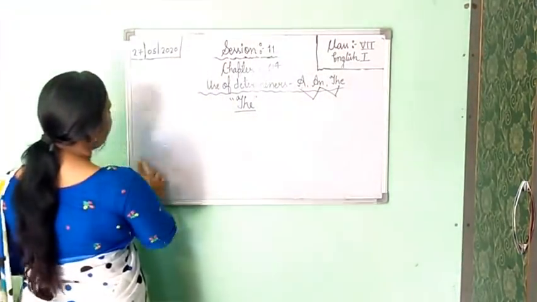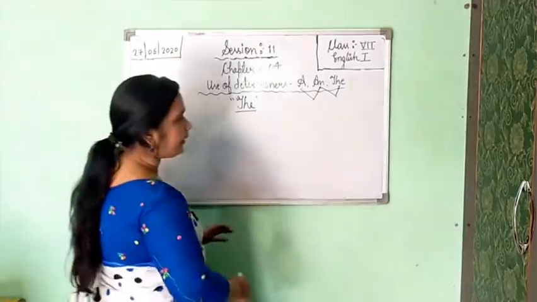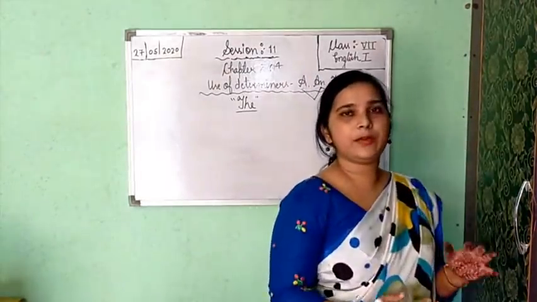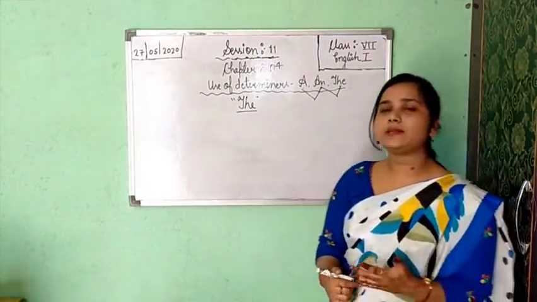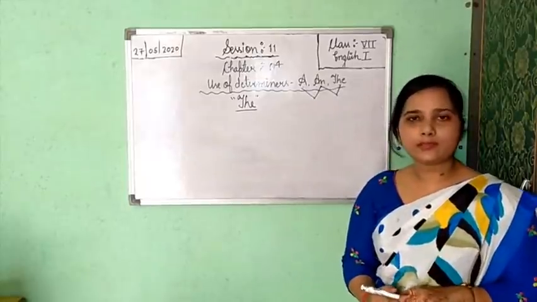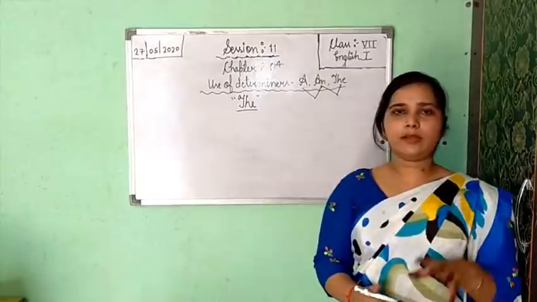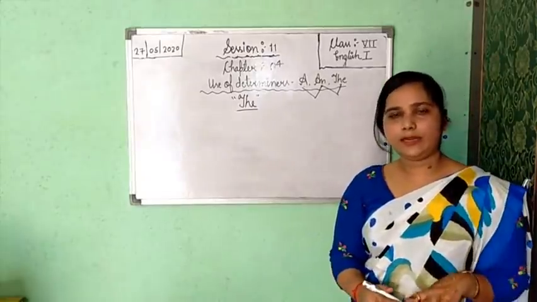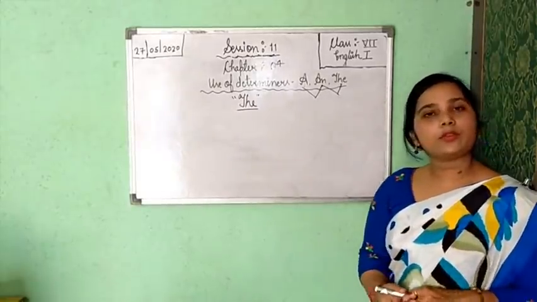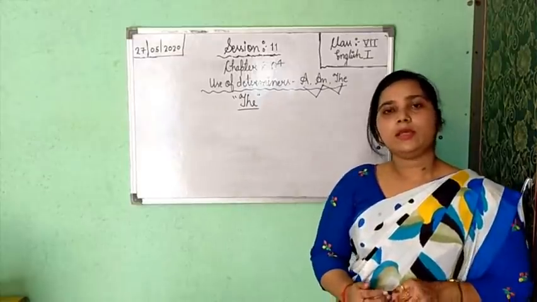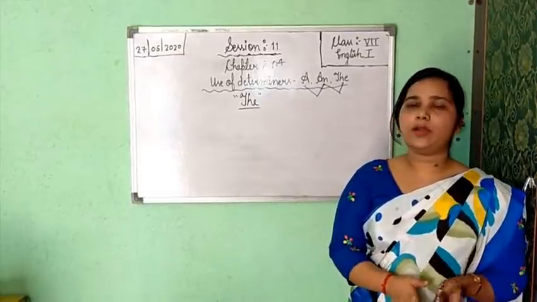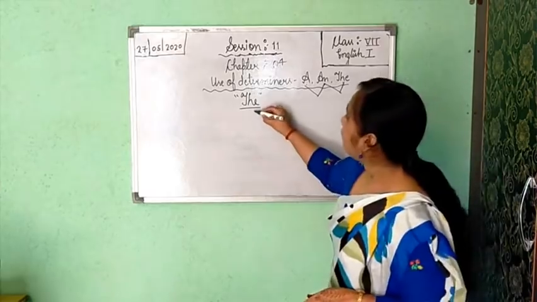if you are getting the superlative degree, superlative means when the comparison is made among more than two things or persons, so we are using the superlative degree. In my next session I will teach you about degrees and what is an adjective and degrees of adjective. So suppose you are getting the superlative degree, so before the superlative degree of an adjective you have to apply "the".